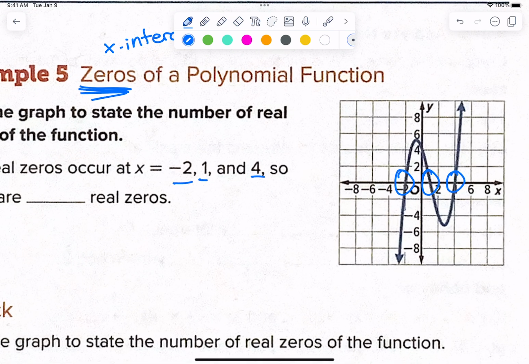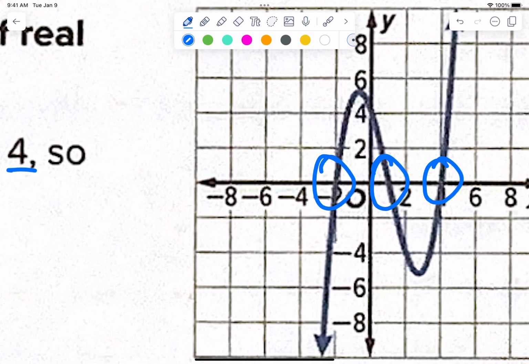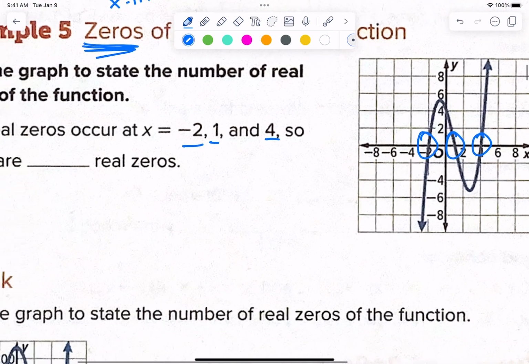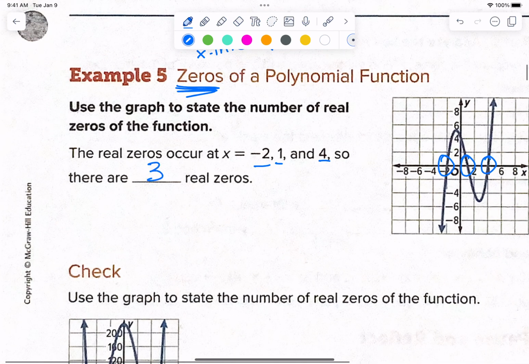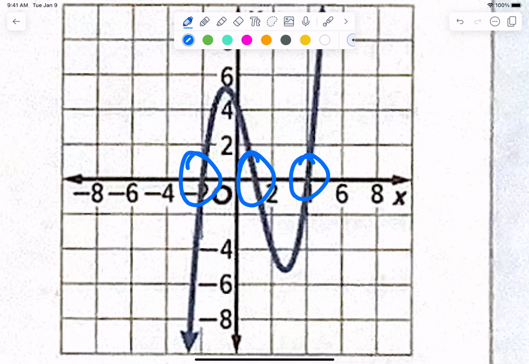They are at approximately -2, 1, and 4. Is it on -2 exactly? Sure, we'll call it. -2, 1, and 4. Those are my zeros. There are 3 real zeros. That's not that bad. I think you had a quiz a while back that said, state how many zeros there were. You just have to state like where